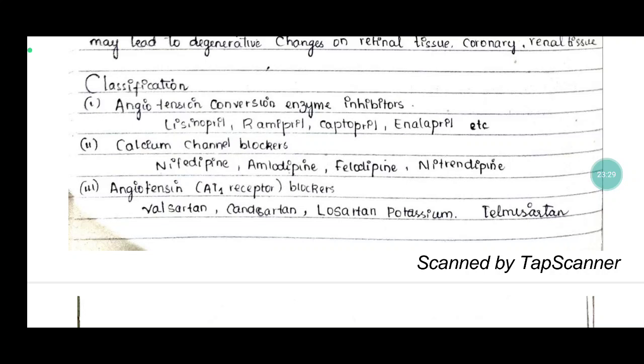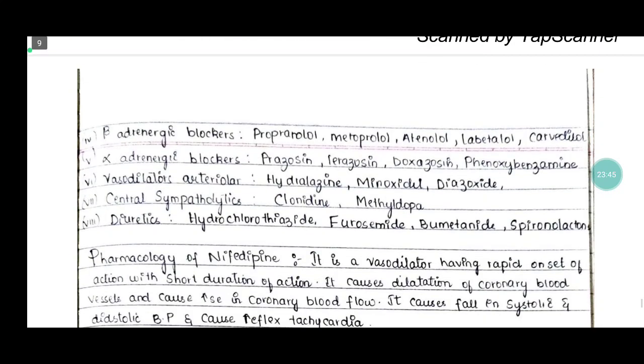Angiotensin AT1 receptor blockers: losartan, candesartan, valsartan. Beta adrenergic blockers: propranolol, atenolol, labetalol, carvedilol. And alpha adrenergic blockers: prazosin, terazosin, doxazosin and